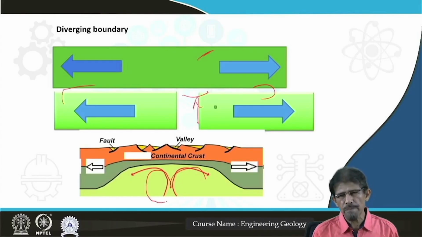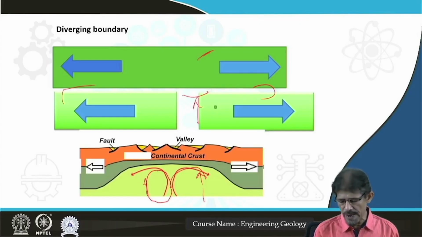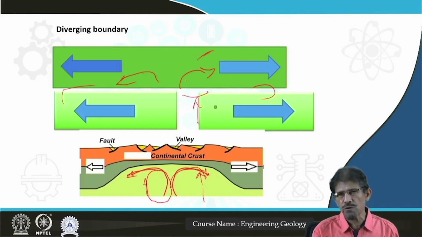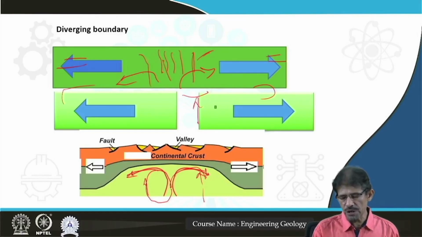Due to the temperature difference from the lower to the upper side in the mantle, different types of cycles develop, diverging type cycles, which drag the plate. Due to dragging, there is a pulling effect, and due to this pulling effect, a number of discontinuities develop in the plates,